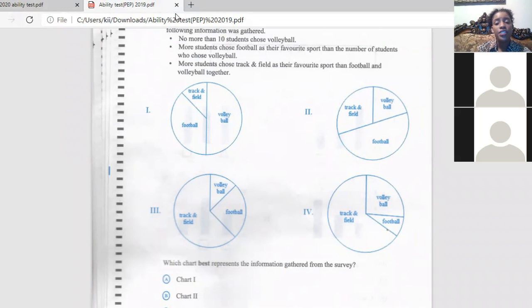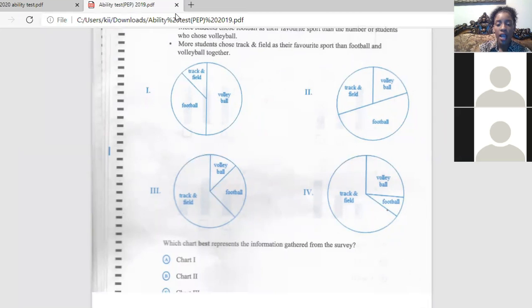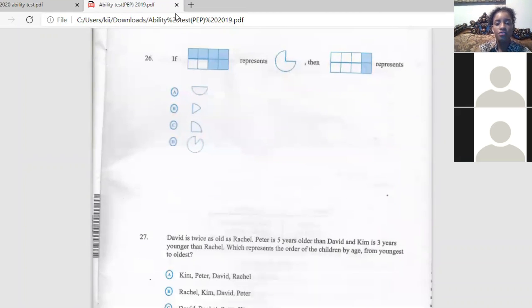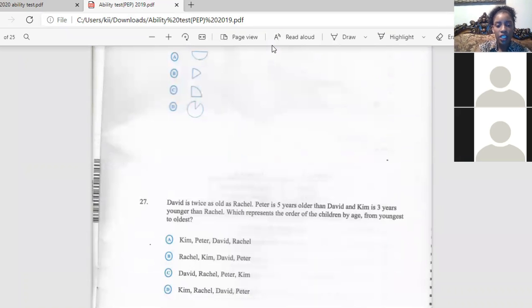So what I'm saying, students, is that based on the topics that I've sent to the chat, those are the topics that we're focusing on. There might be other topics that we can't quite pinpoint that will come on the examination. But if you have additional time, you can look at topics such as fractions, blood relations,